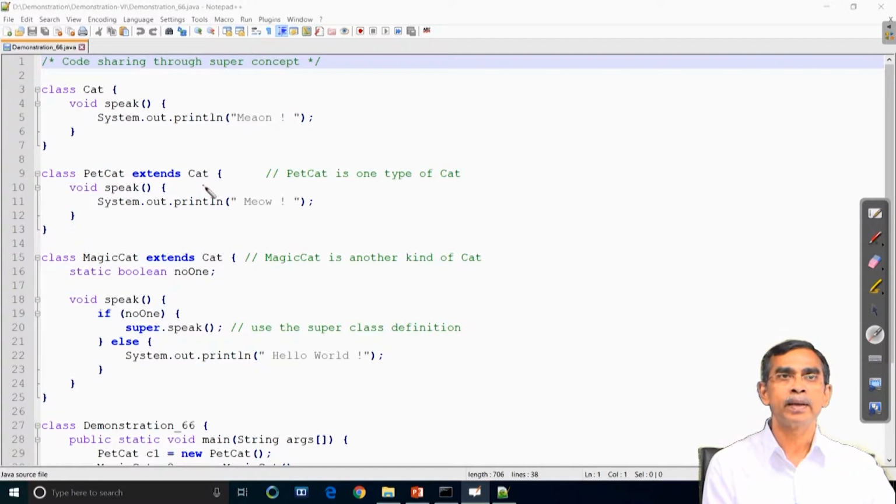It also has the method speak, and this method has the statement meow. Here we can see the two methods are defined, but it is method overriding. The speak method in pet cat is overridden by the method in the subclass cat. Now, we declare another class, also an extension of cat. It is basically multi-level